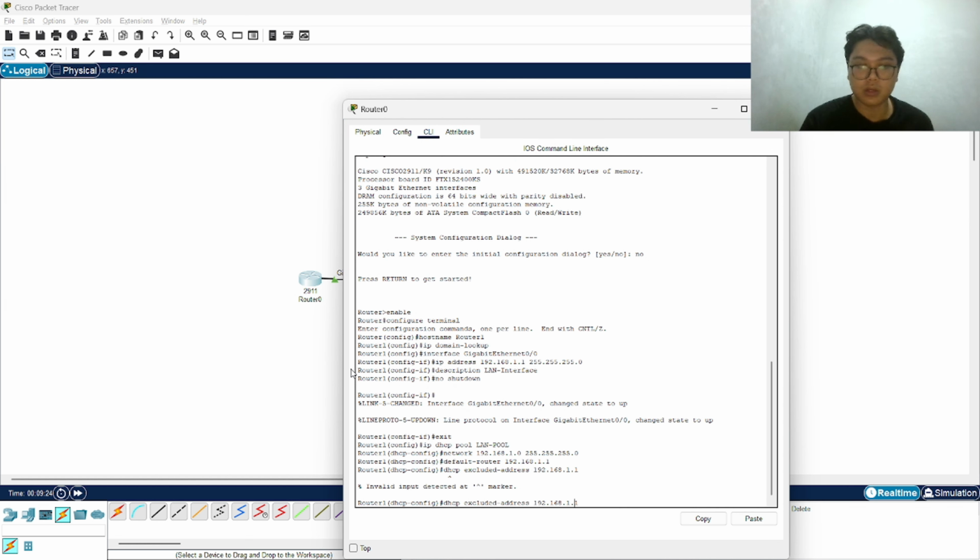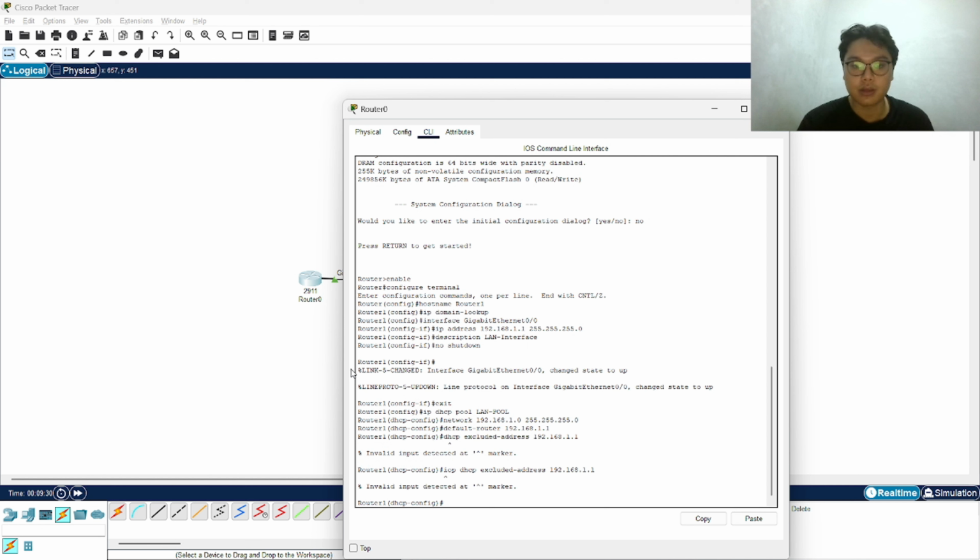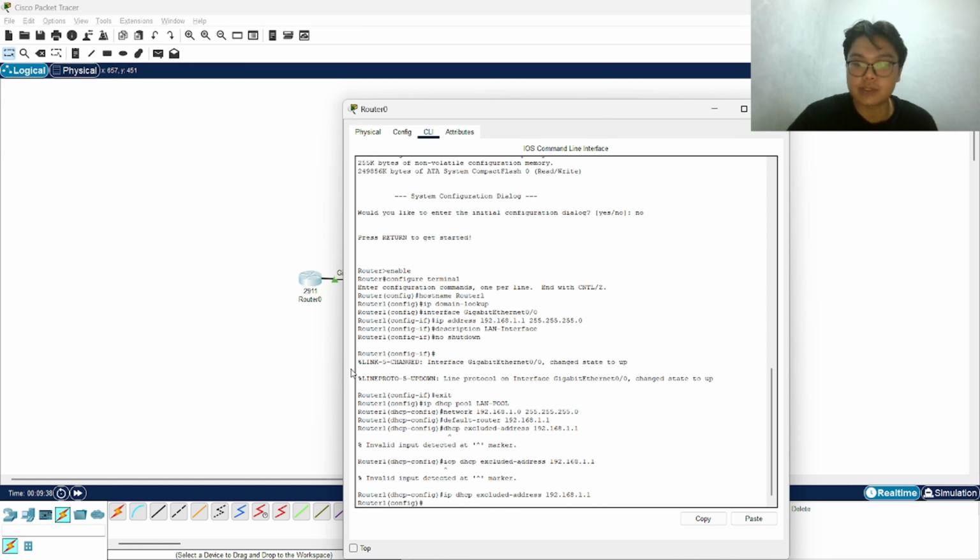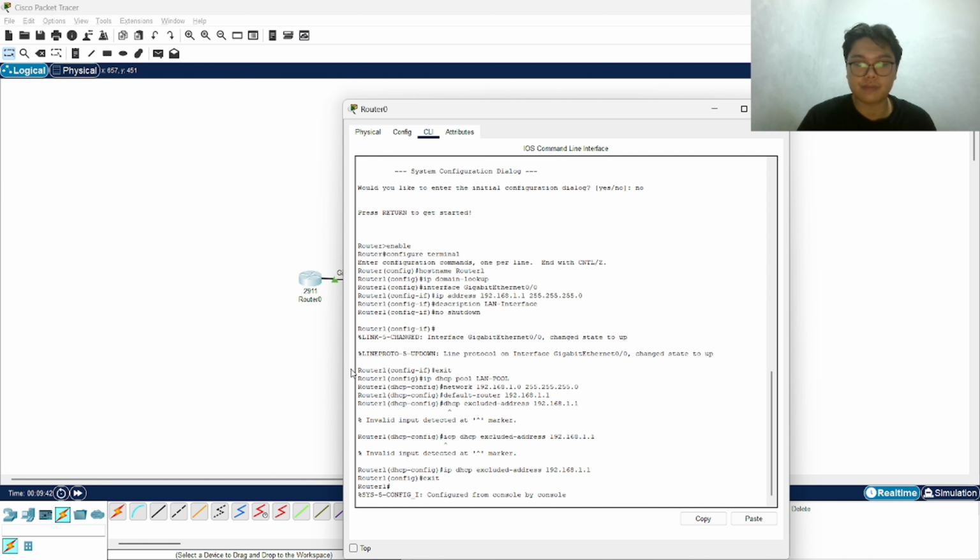Oh, I forgot to add the IP. It's ip dhcp excluded-address. There's a typo, I'm so sorry about this. Okay, that's successful. And then just exit. Close the CLI of the router.